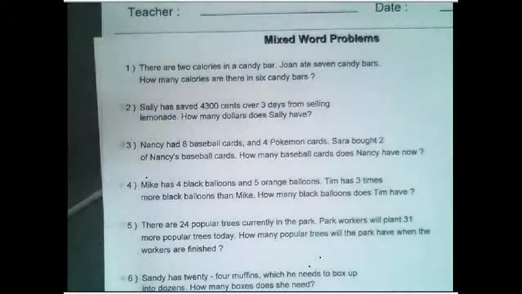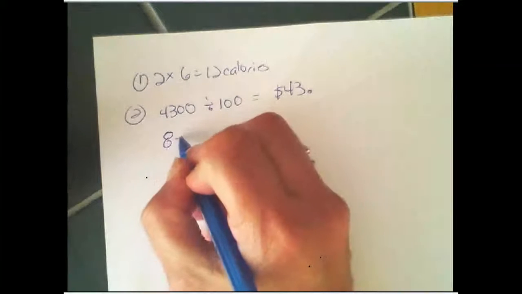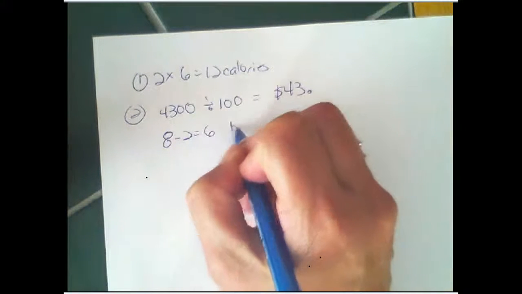Number 3, Nancy has 8 baseball cards and 4 Pokemon cards. Sarah bought 2 of Nancy's baseball cards. How many baseball cards does Nancy now have? We don't care about her Pokemon. We know she had 8. She sold 2. When you sell something, you're taking it away, so you're going to have 8 minus 2 is 6